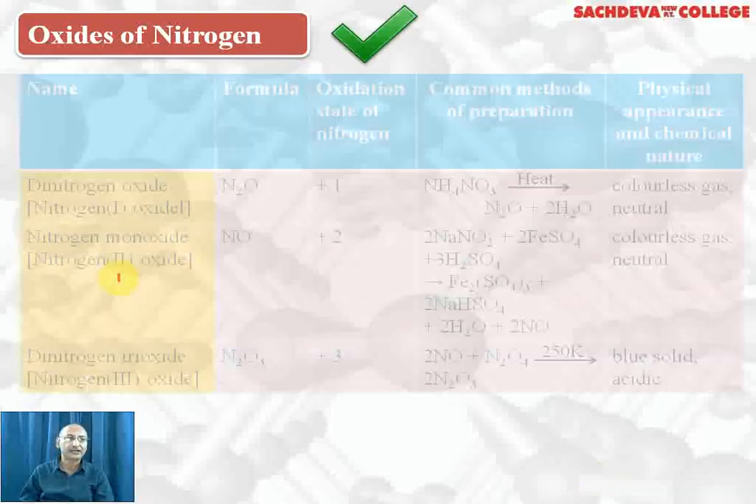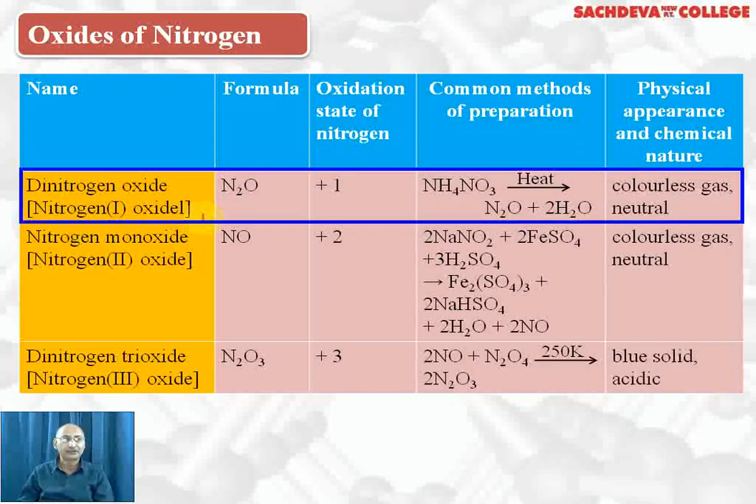Oxides of nitrogen we'll take up in detail. First one, we have nitrous oxide. Oxidation state is +1. How to prepare? It is prepared by heating ammonium nitrate, which gives N2O plus 2H2O. It is a colorless gas and neutral in nature. N2O, nitrous oxide, is also called laughing gas because it attacks the nervous system, and it is used as an anesthetic in